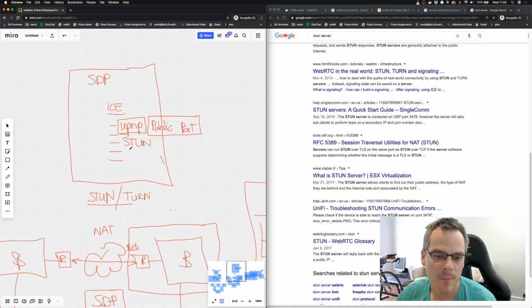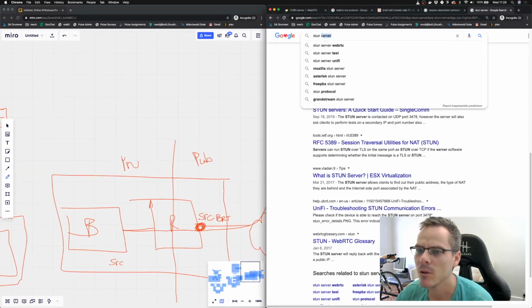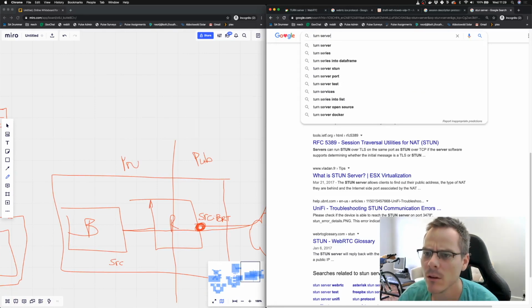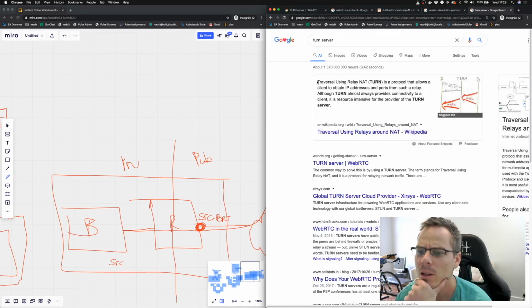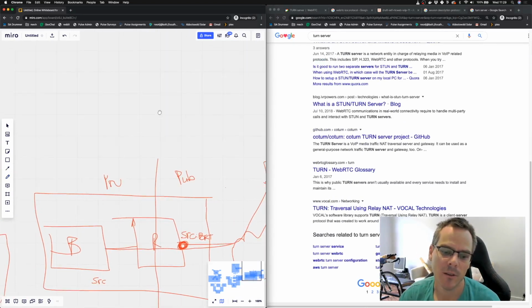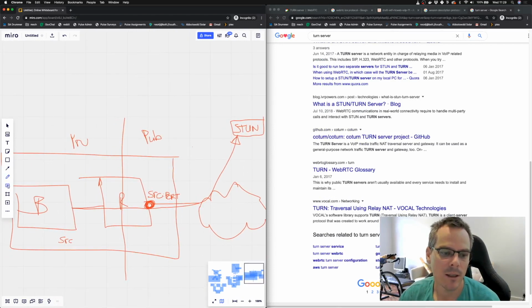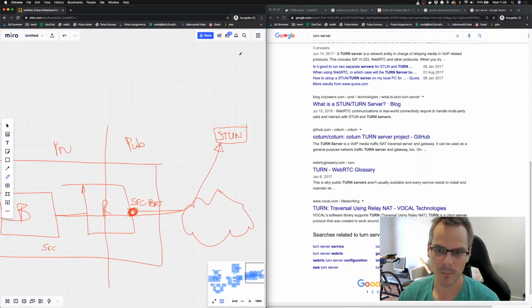And so then we have something called TURN. So what is TURN all about? Who knows what it stands for? TURN server, let's have a quick look. It's Traversal Using Relays around NAT. So what TURN does effectively, I'll just use the same diagram. Effectively what a TURN server does